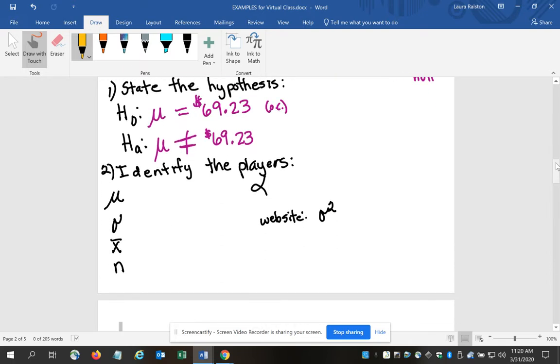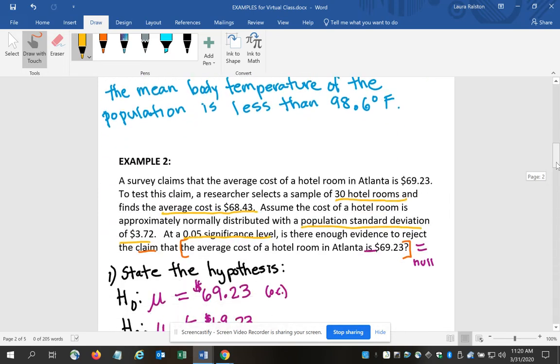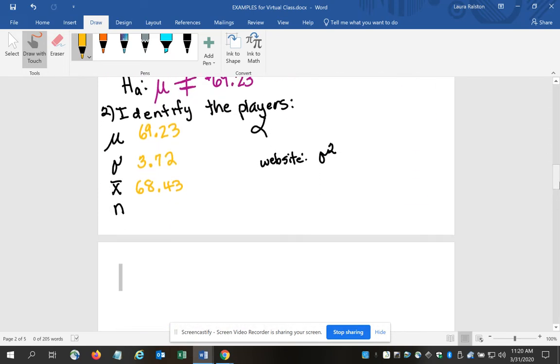So again, I'm given everything in the problem. I know that my population mean is $69.23. My population standard deviation was $3.72. My sample mean was $68.43, I believe. Let me double check that. Okay, make sure we get our numbers right. Yep, $68.43. We checked 30 hotel rooms. We're using a